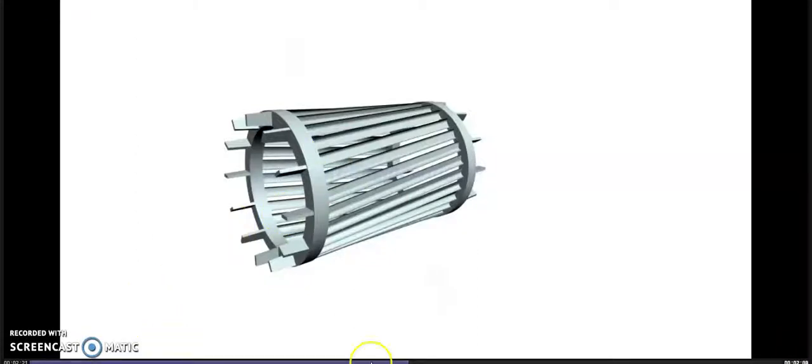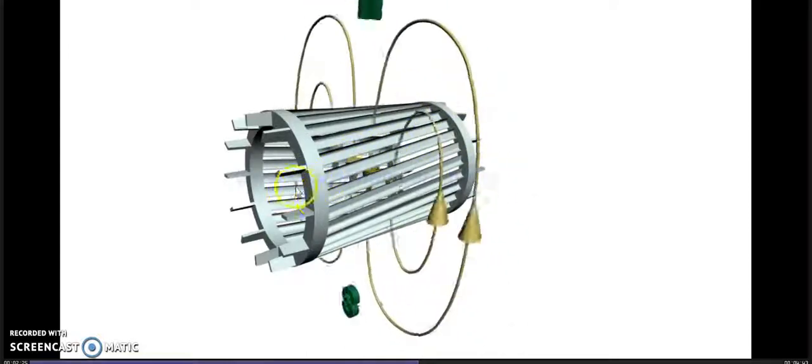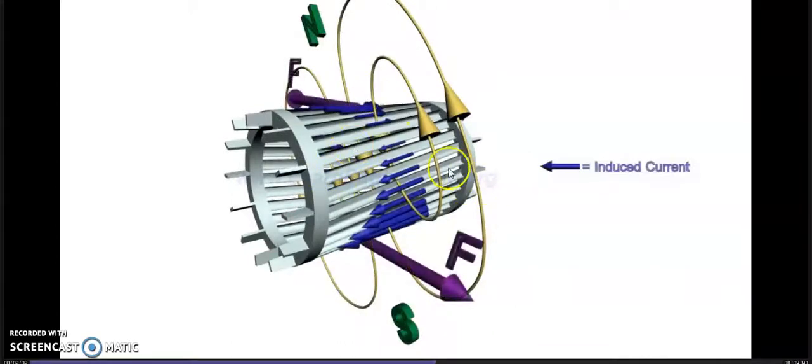Here you can see the rotor is made up of cast iron, and again you can see the bars are squared so as to reduce the hum noise. And again, this is the rotor field. Again, whenever the current starts to flow, what happens? Induced current there creates its own field.